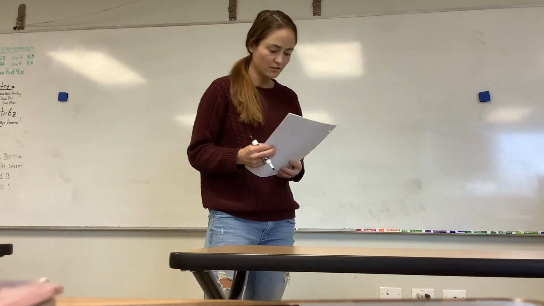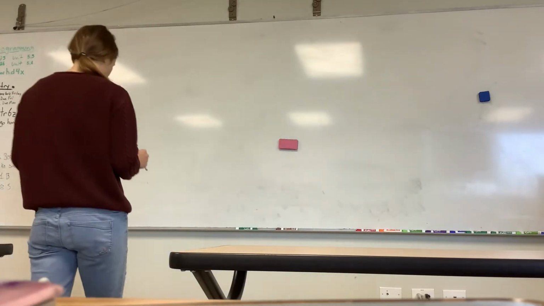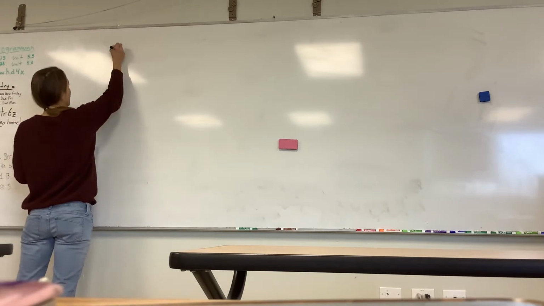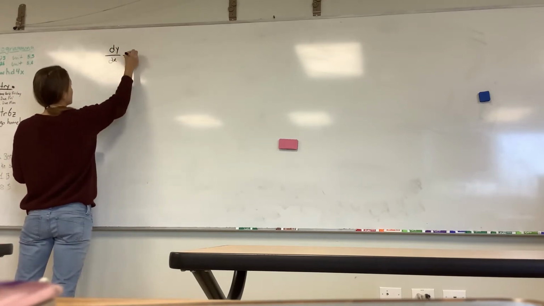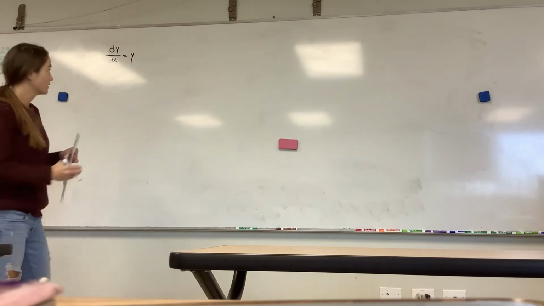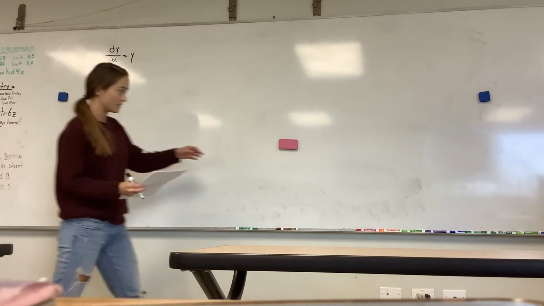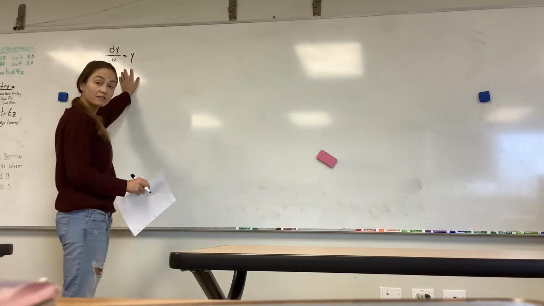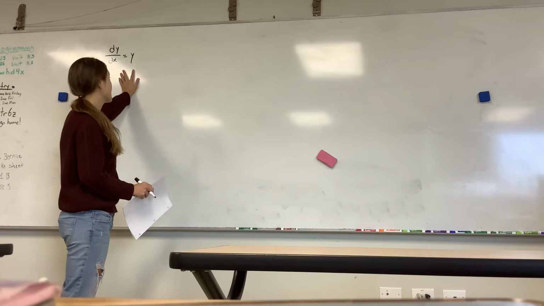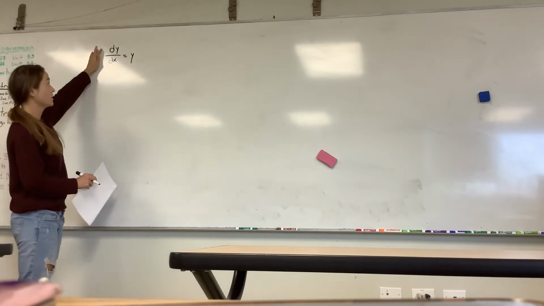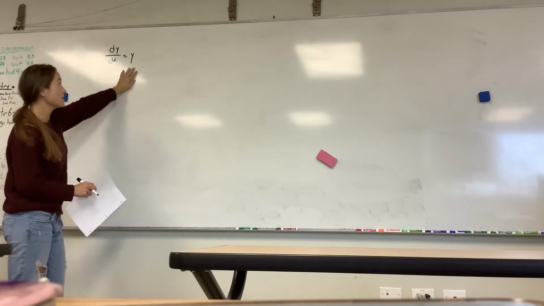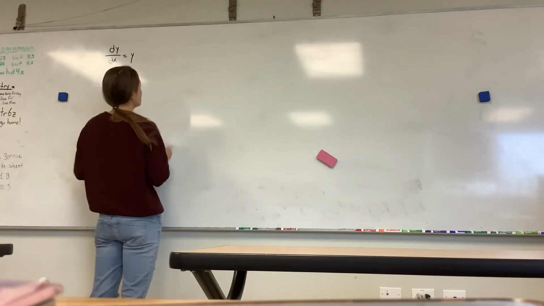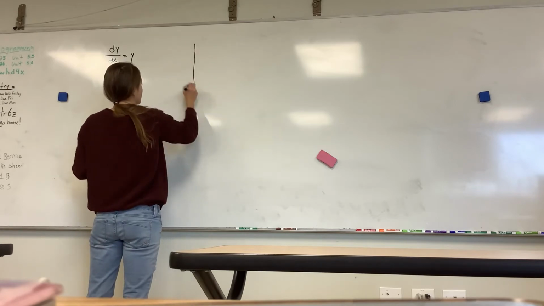So let's start. You'll see that the first example I gave you was dy dx equals y. Before you panic and don't understand how you see that slope field on your notes, it's okay. All I'm saying is that the change in y over the change in x is equal to whatever the y value is. So, if we set up our graph, which I did there to the right,